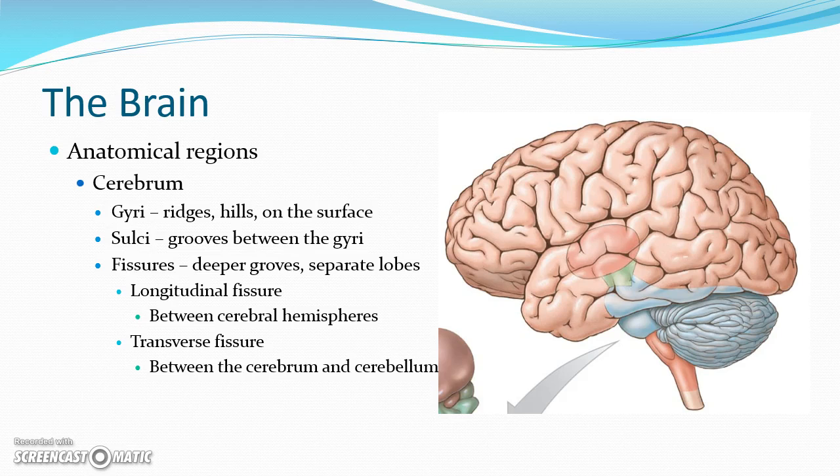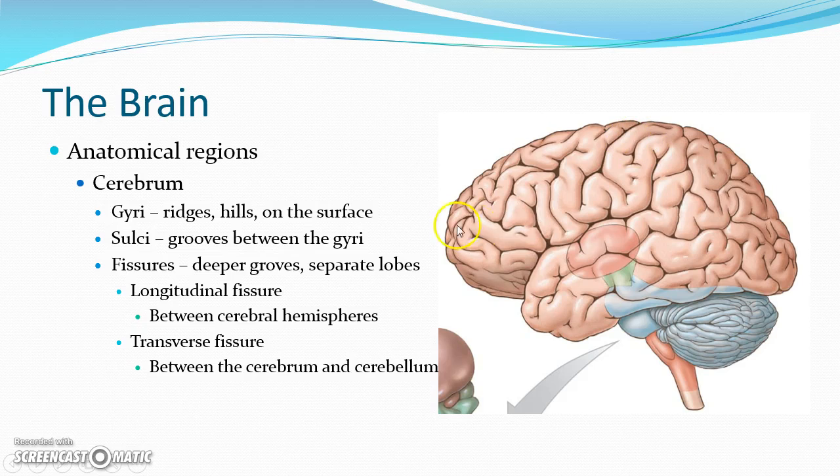As you can see here, the cerebrum is covered in lots of ridges and valleys. The ridges are called gyri, that's plural, a singular would be one gyrus. It's these ridges here. And then the grooves are called sulci, which is again plural, a singular would be sulcus. There are a few deeper grooves called fissures. The longitudinal fissure is located between the cerebral hemispheres, and the transverse fissure is found between the cerebrum and the